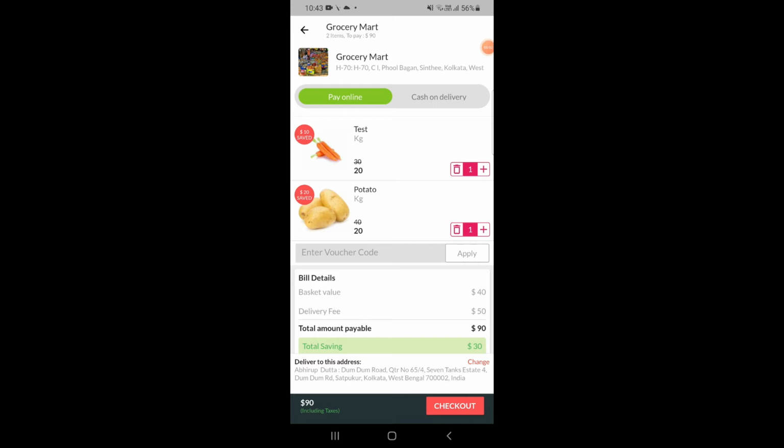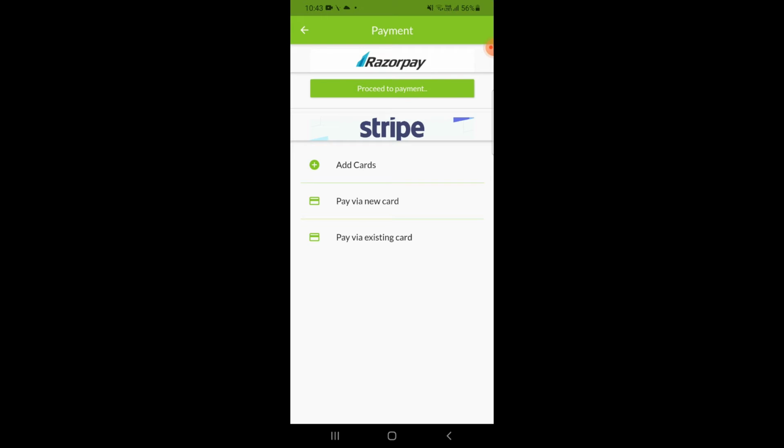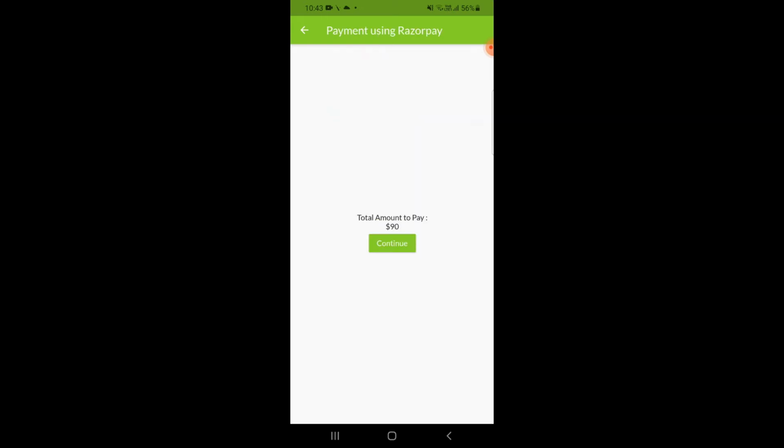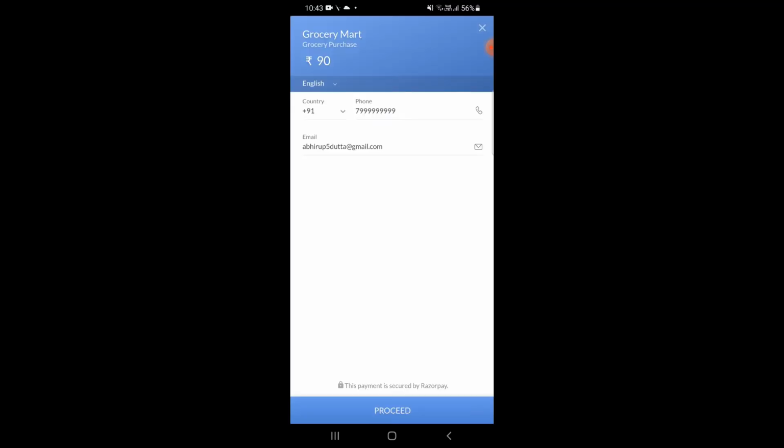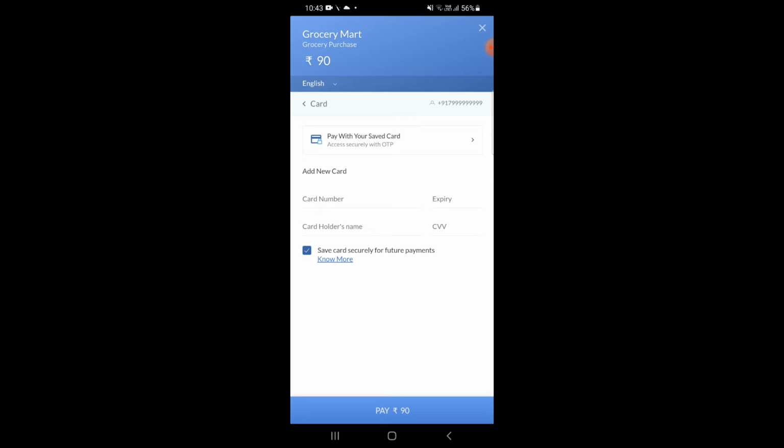The checkout page, and here we can choose any of the options like pay online or cash on delivery. Here I will show the pay online one, where we go to the checkout, and we have the option of Razorpay and Stripe. If I click on Razorpay, I have the amount to pay, and when I click here, I will be loaded to the screen where I can proceed. I can pay with card, but for security reasons I will not show what I put, and after paying it will automatically be paid to the vendor side of the application.